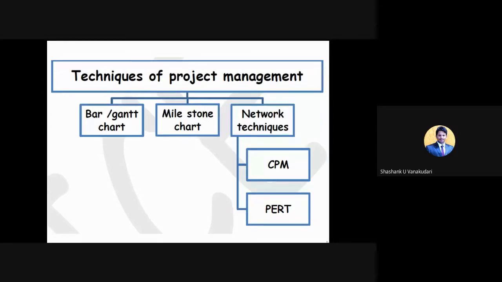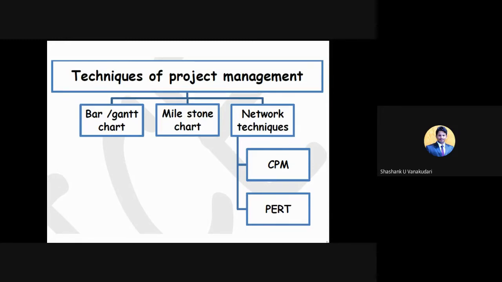Whatever the major part that comes in project management, we can easily monitor by using these techniques. In that you can see bar chart, or even we can call it Gantt chart, and then moving on to the next one, that is milestone chart. And then again you will be having network techniques such as CPM and PERT.